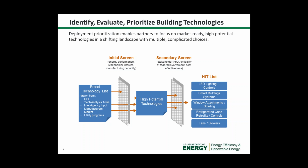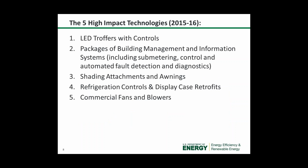The secondary screen. This is where we take market factors into account. So technologies are assigned a score according to 5 factors. That's stakeholder interest, criticality of DOE involvement, manufacturing capacity, cost effectiveness, and cost reduction potential. If a technology is lacking on any one of those 5, it's probably not going to be in that top 5 high impact technologies, which we have listed on the right there. A bit of a spoiler, if we go to the next slide, without further ado,